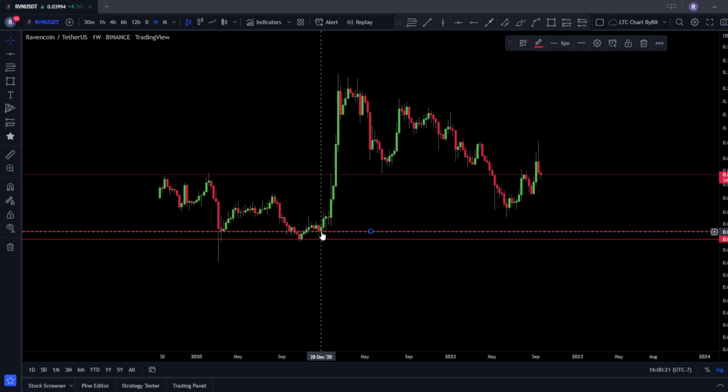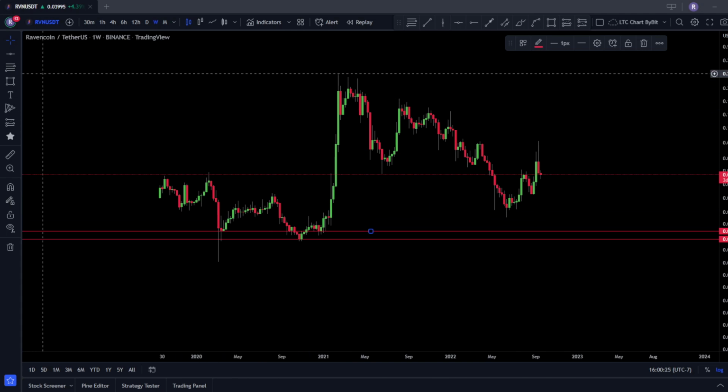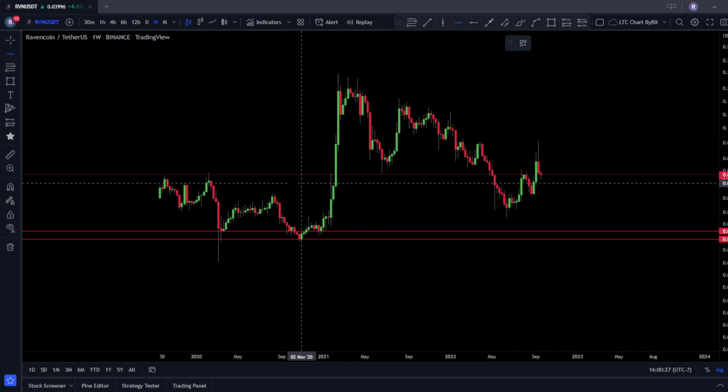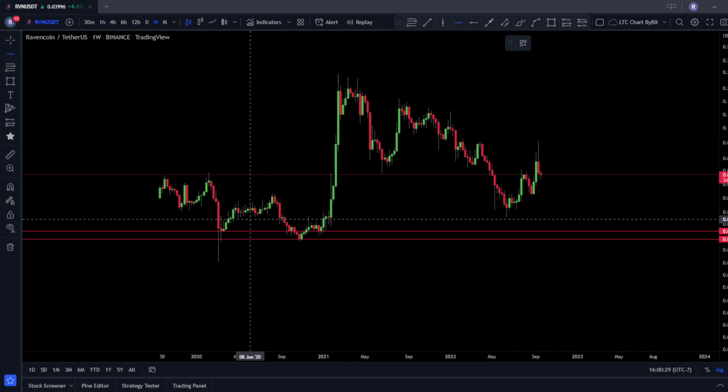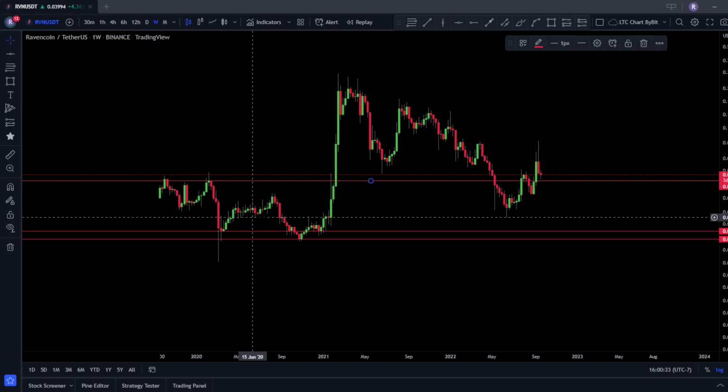Over here we had previous support in that area, and that looks like about it for that one. Let's grab another horizontal line. Let's just put them randomly out there. We don't have to go all the way from the top to the bottom. I'm just going to start throwing them out here just so you can get the idea of how support and